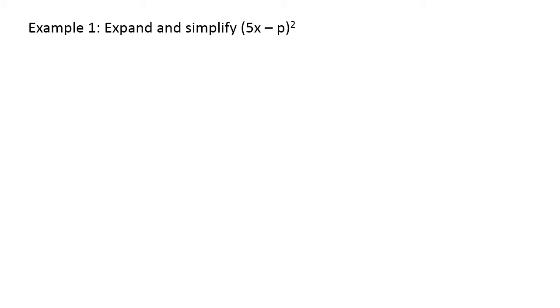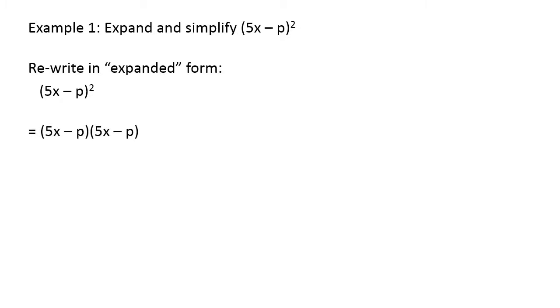Example 1, expand and simplify (5x − p)². So you actually already know how to do this if you know how to FOIL. The one thing to remember is that (5x − p)² in expanded form is just (5x − p) multiplied by itself. And now you can FOIL this,